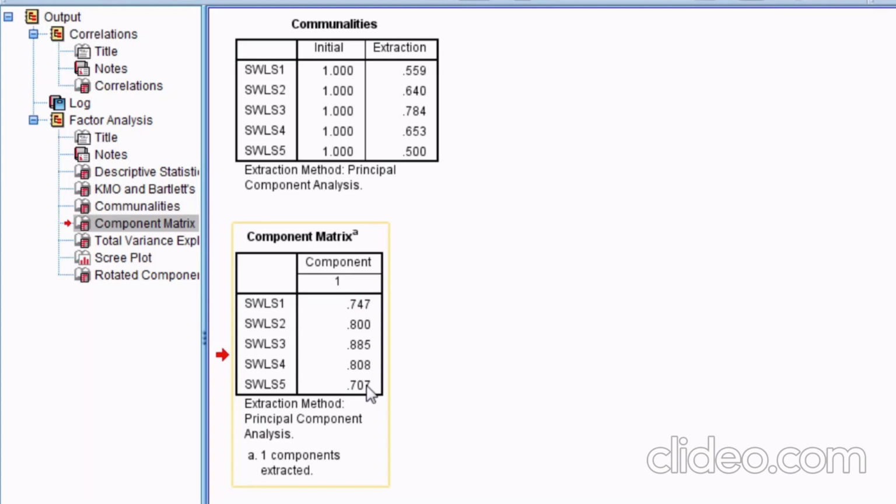Just as a couple here, number one, once again: "In most ways my life is close to my ideal." Number two: "The conditions of my life are excellent," and so on. So all these items are really getting at life satisfaction. But if one of these items is very low, for example SWLS5 here, the lowest one that we have,